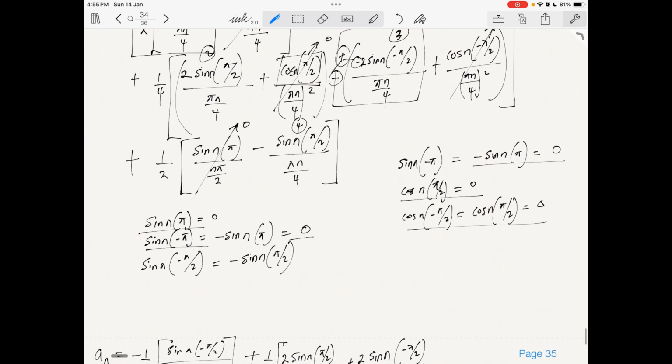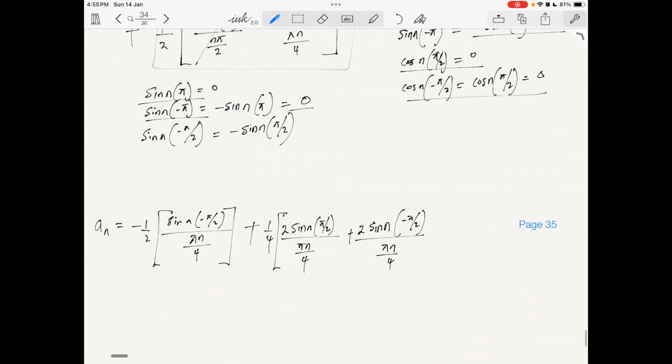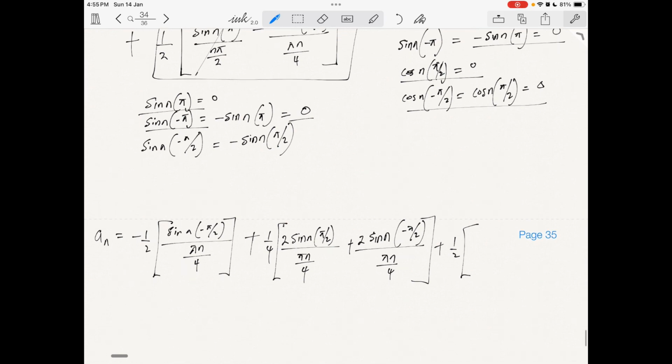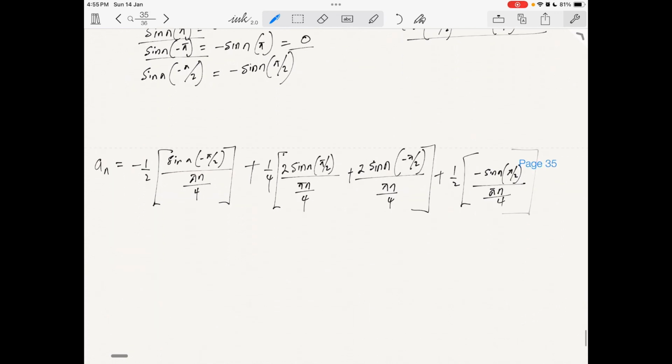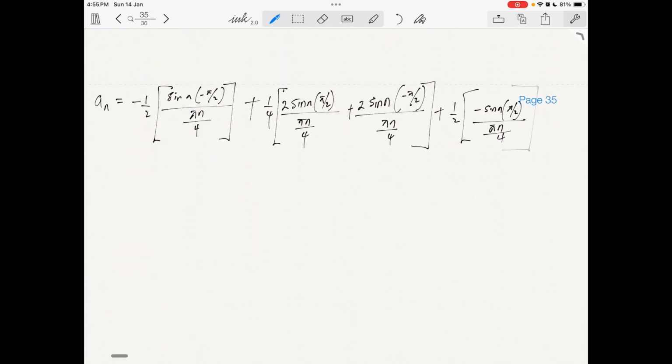And finally, the fourth term, we are left with plus 1 over 2 into minus sine nπ over 2 divided by πn over 4. Now, when we solve this further, we recall that sine n minus π over 2 is equal to minus sine